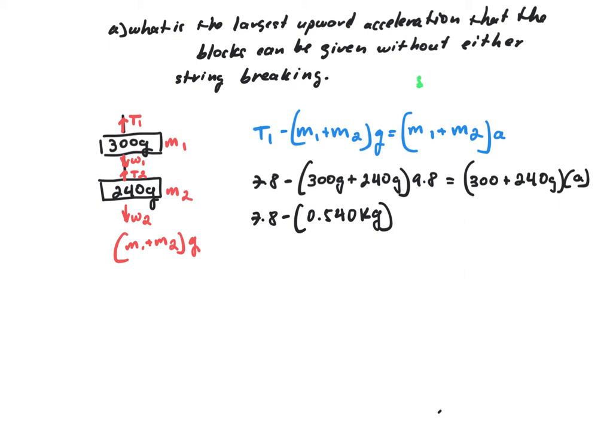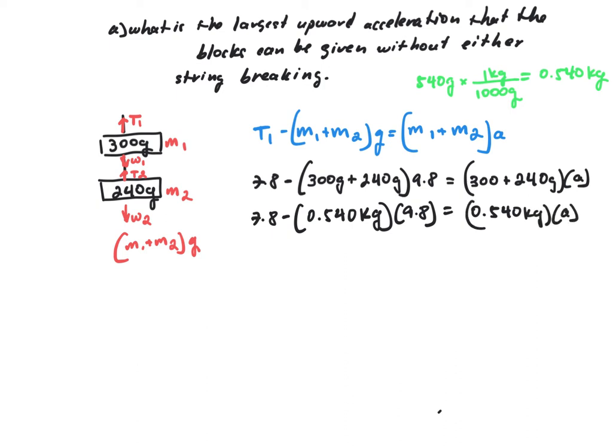If we have 540 grams, we divide by 1,000 grams per 1 kilogram, which gives 0.540 kilograms, times 9.8 equals the same thing, 0.540 kilograms